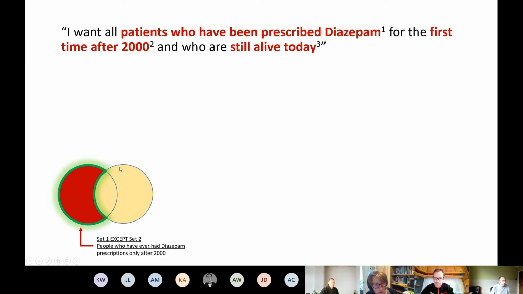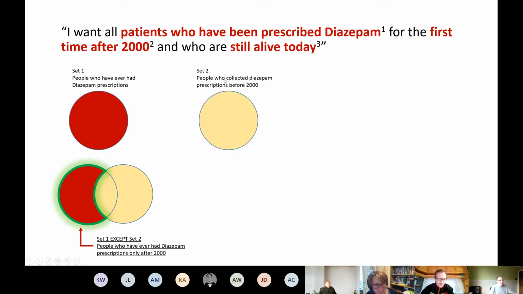And then if we exclude set 2, which is people who have had it prior to 2000, that's the logic that we have here. And I should have clicked before saying that because it's going to show you exactly that. Here we go.